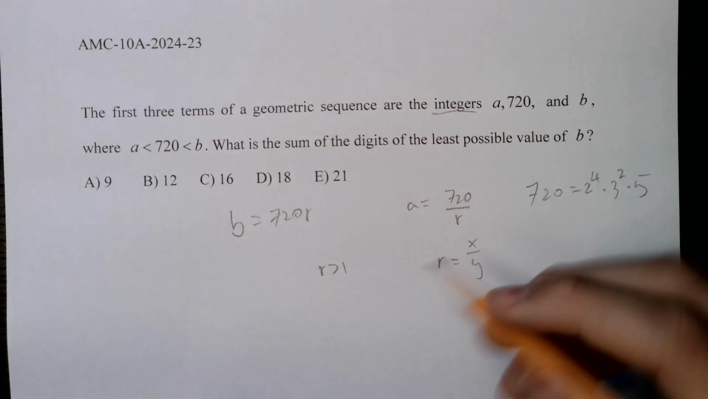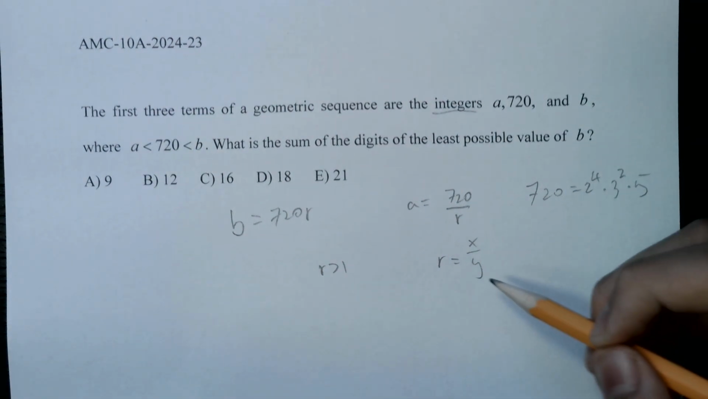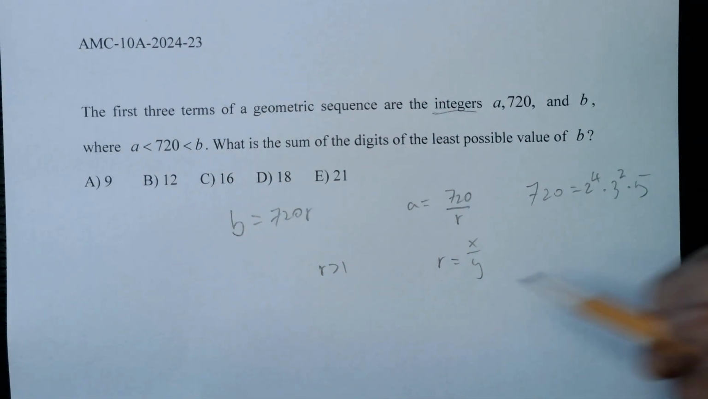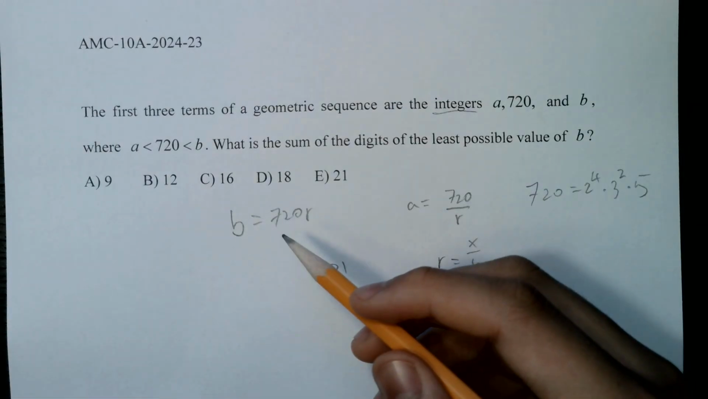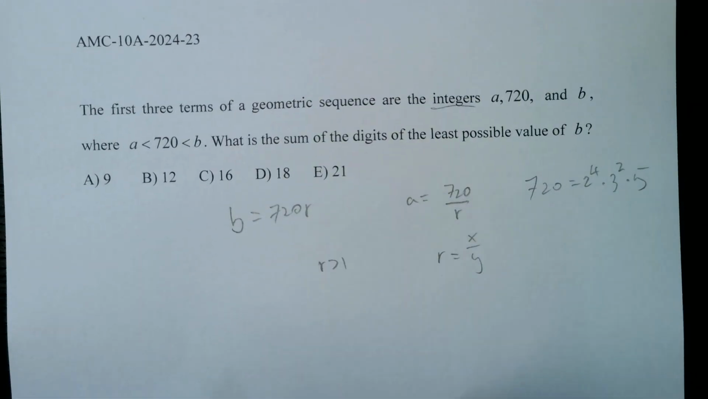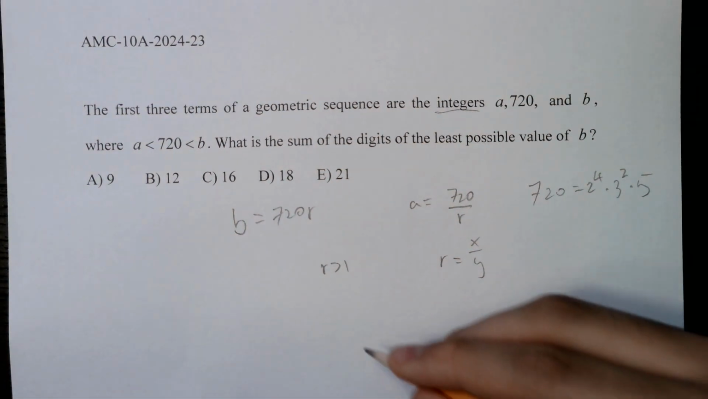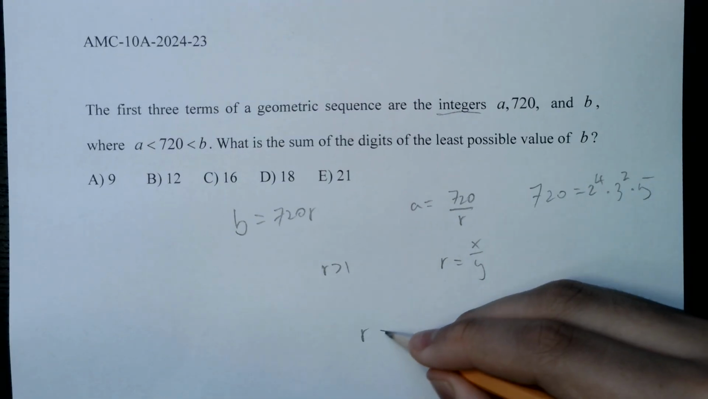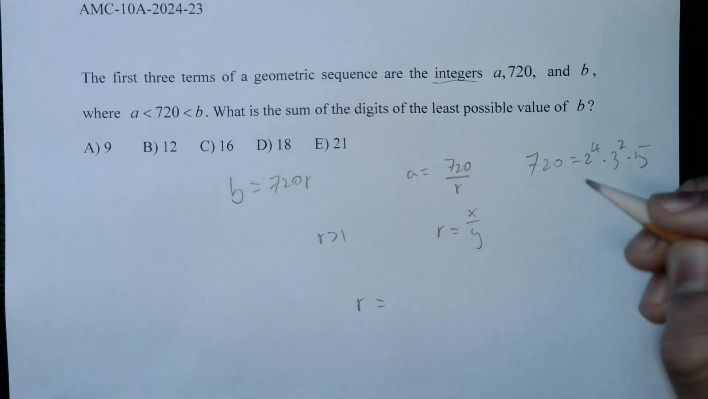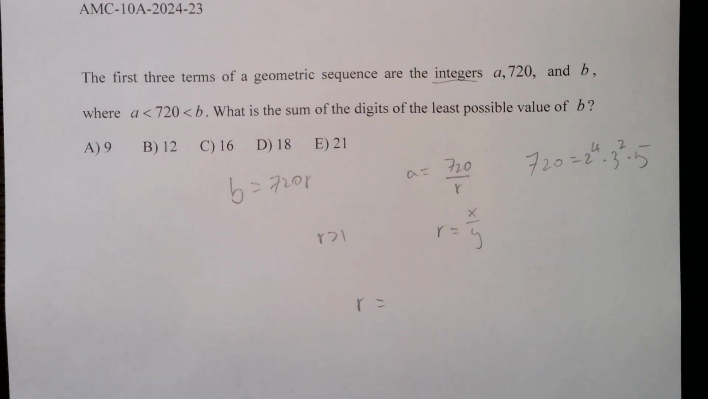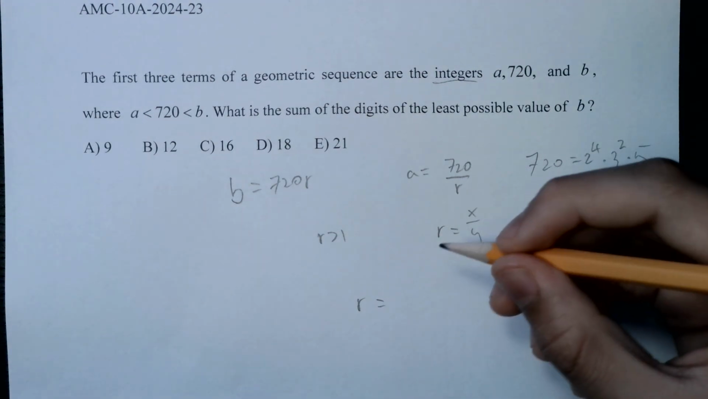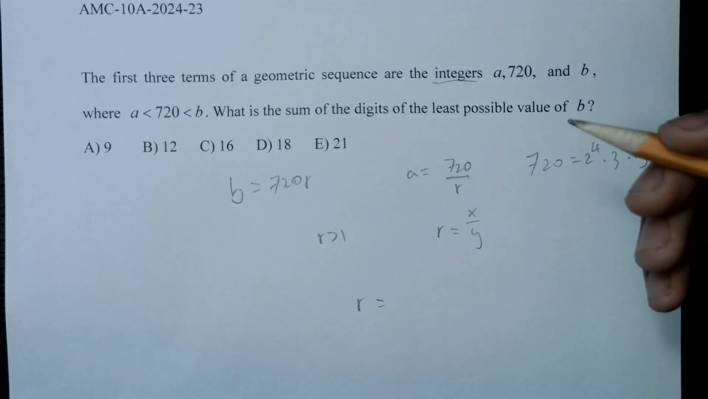So from here, since r has to be bigger than 1, and r is equal to x over y, and r has to be as small as possible for b to be as small as possible but still be bigger than 720, we see that r has to be x over y, where x is only slightly bigger than y. Now, there are many different possibilities for this. For example, you can say that r could be equal to 4 over 3 or 6 over 5,